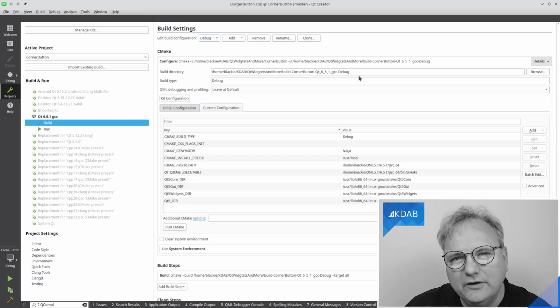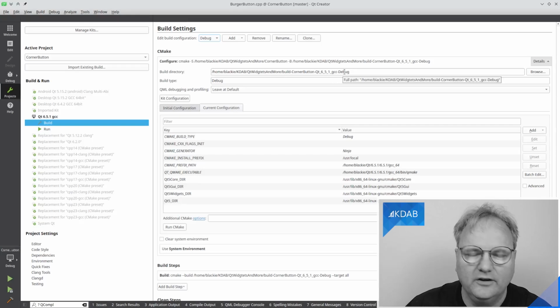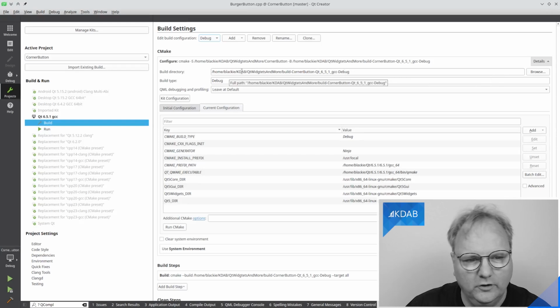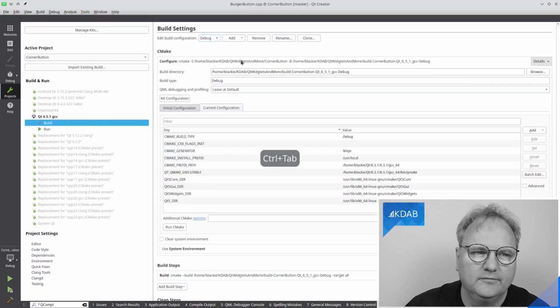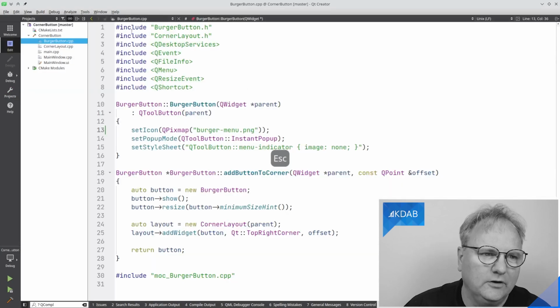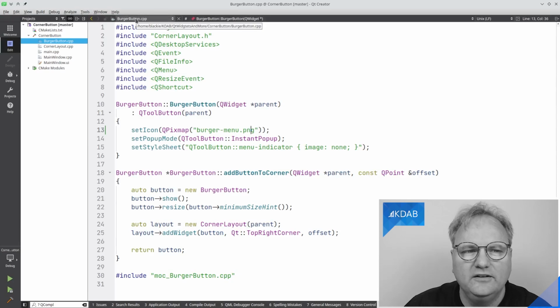So the binary that I'm actually executing is in this directory, not in the source directory, which was in home, blah, KDAB, Qt Widgets, and more, corner button. I can go over here and you can see the directory on my screen. So I was looking in the source directory, not in the build directory.